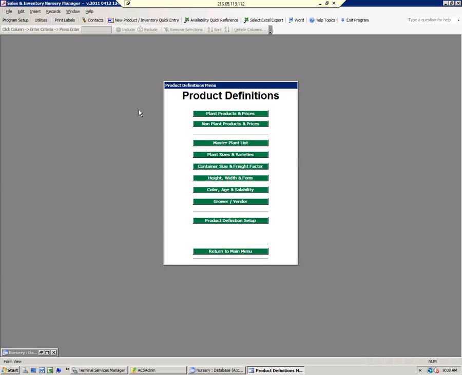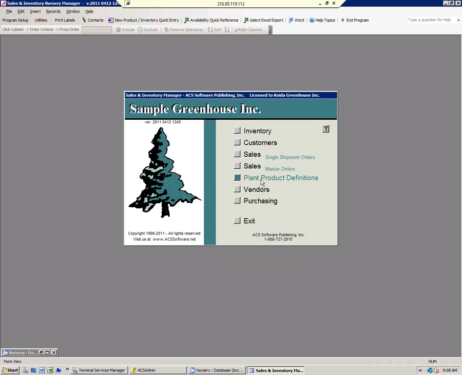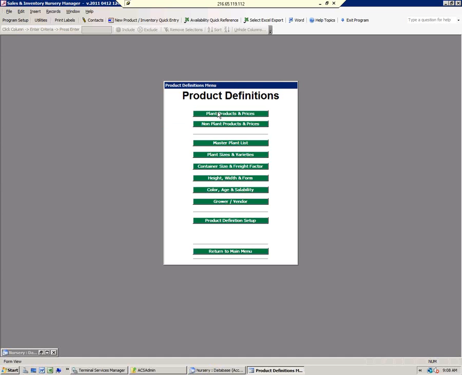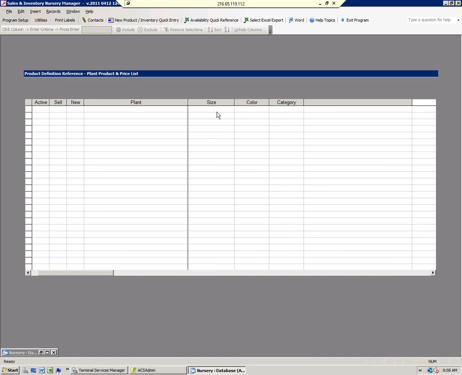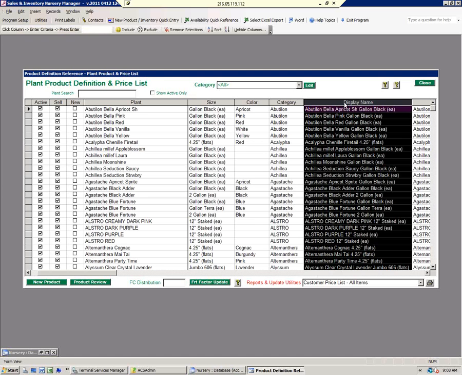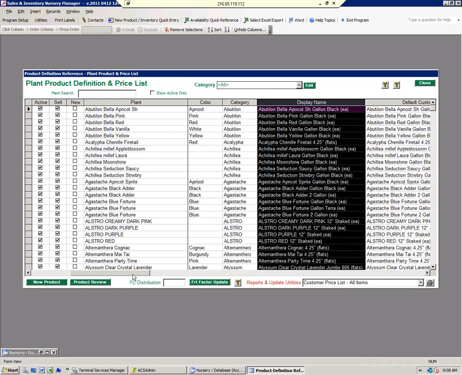The purpose of this recording session is to manage the customer display names in our product price list. To get to this menu, from the main menu, I chose Plant Product Definitions. When we take a look at the product's price list, we have a display name column, and this is primarily